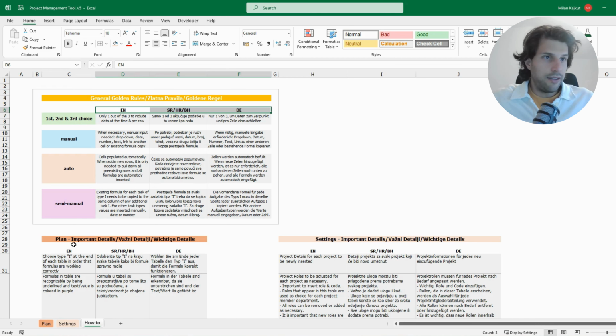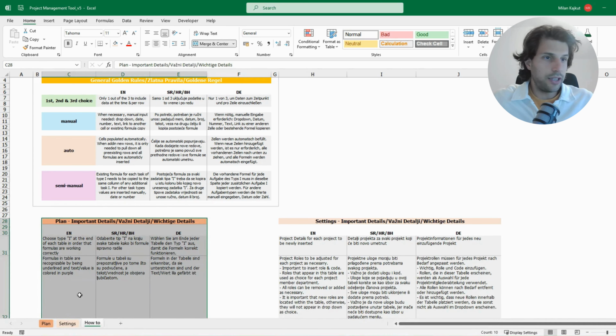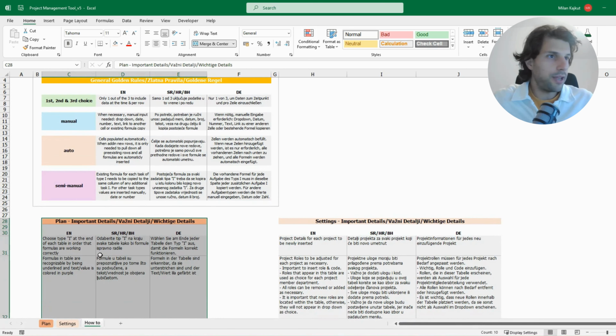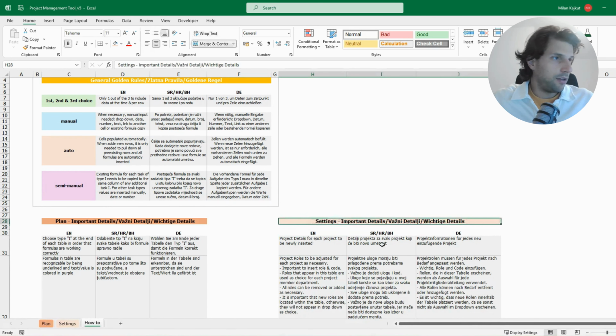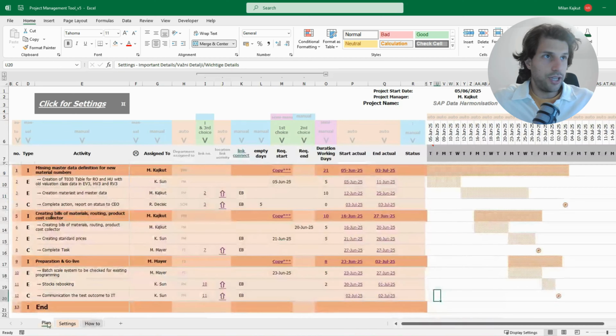So you see it's divided into some sections. The first section is related to the plan sheet, so you will have some tips and tricks for the plan sheet to understand it better. Then it's divided into the settings sheet, which is related to the second sheet and has, again, the same or similar instructions that you need to pay attention to. And then you have some golden rules and those colorings which appear in the plan sheet,